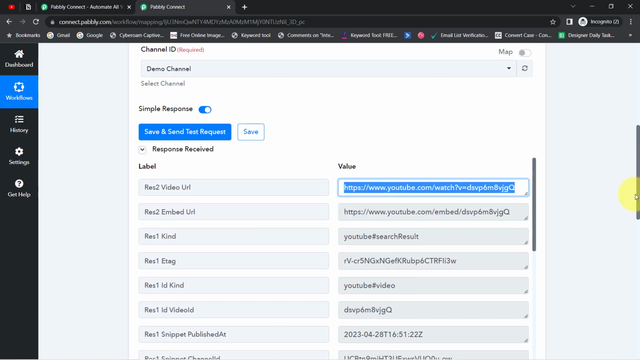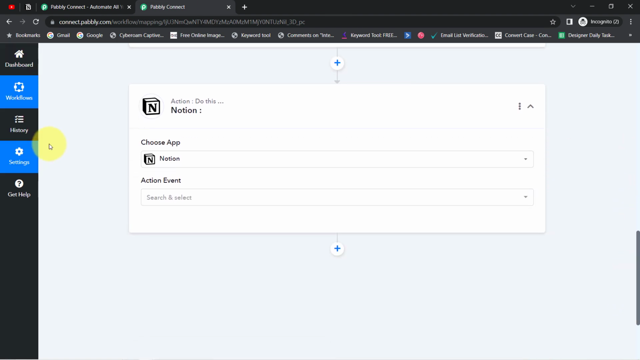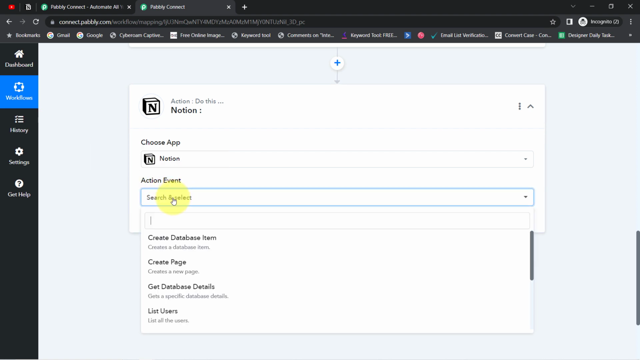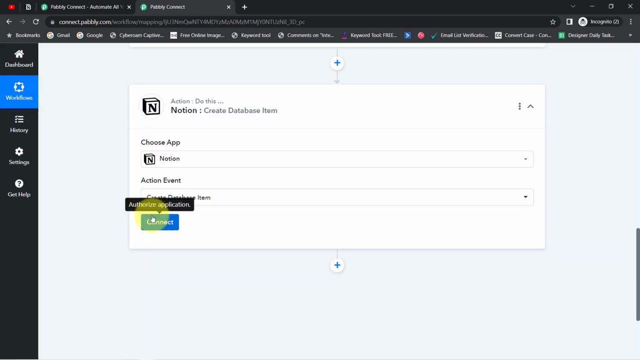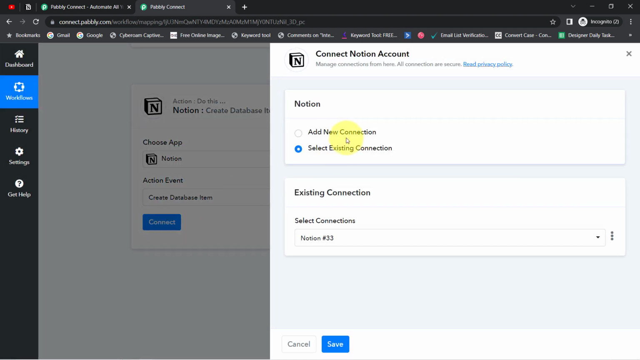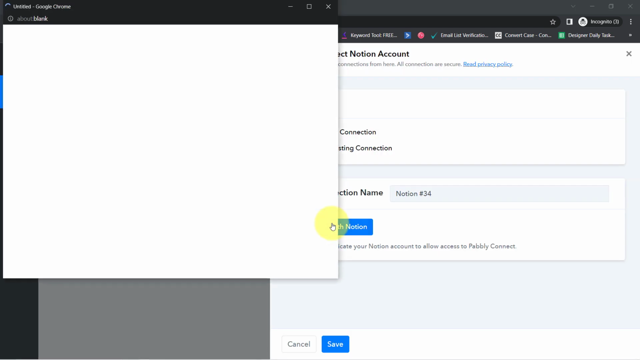Now moving further, I'm going to send this data to the Notion application so that I can collect all the video URLs along with their title and description in Notion. So firstly, I will select the action event, that is create database item, and just like we built the connection between YouTube and Pabbly Connect, now I'm going to build the connection between Notion and Pabbly Connect,